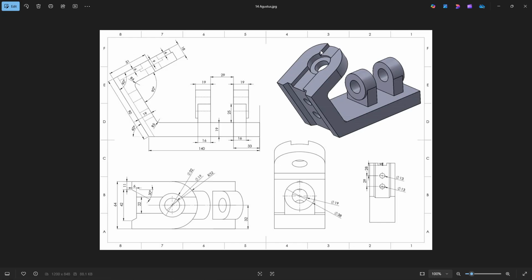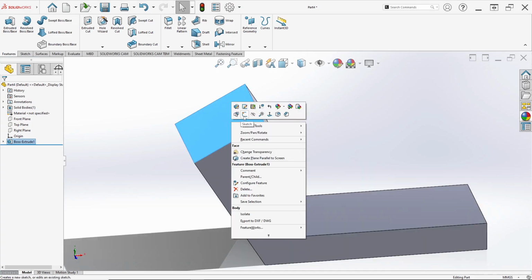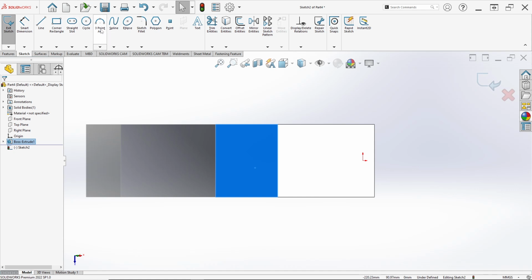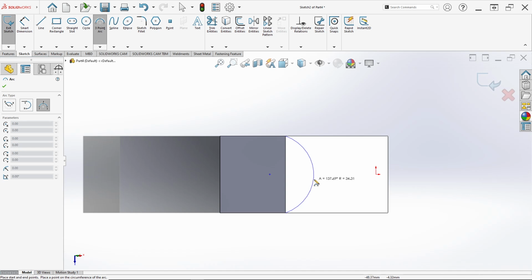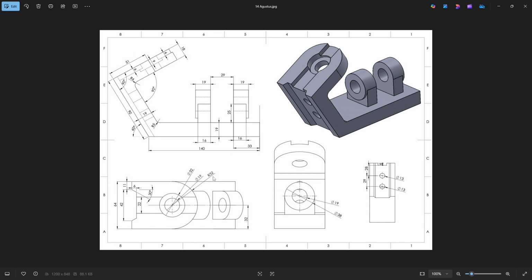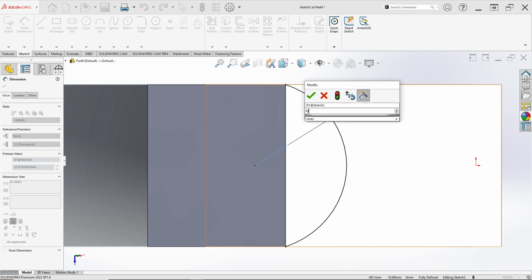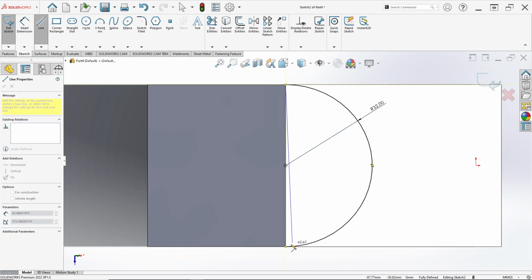After that we want to make a half circle like this. So click this face, right click and click sketch, and draw a 3-point arc. Select from this point to this point and draw it. Then set the dimension for the radius. Here the radius is 32 millimeter. Then make a line from this point to this point, and go to feature